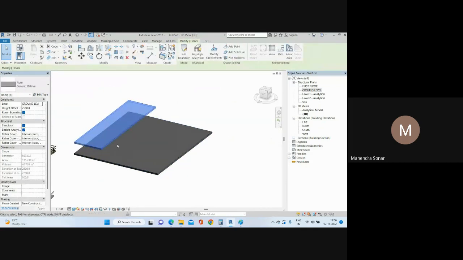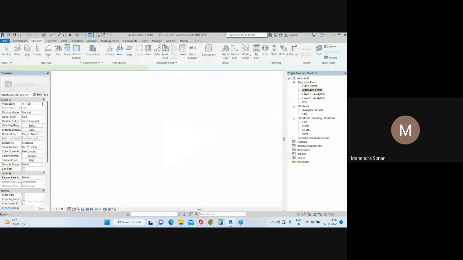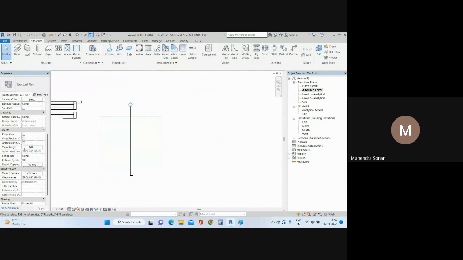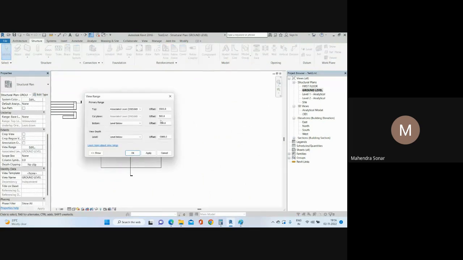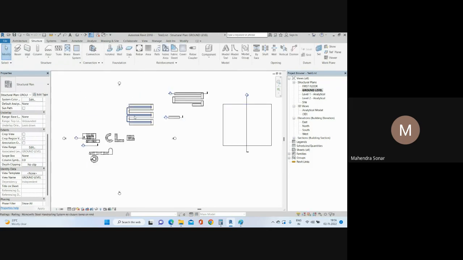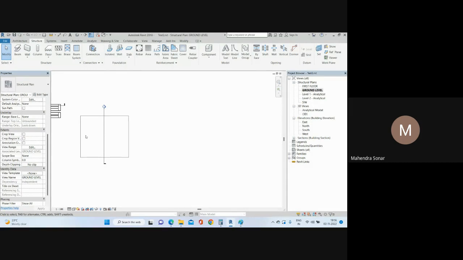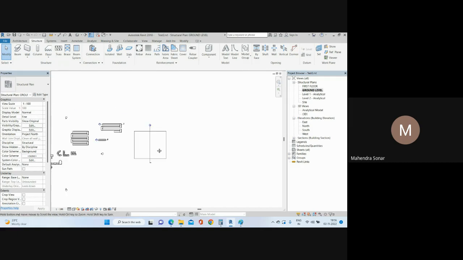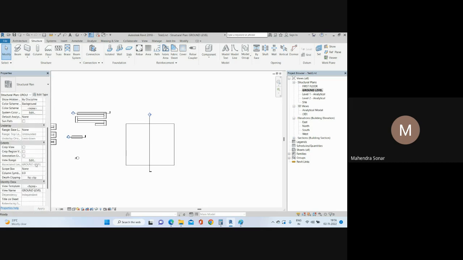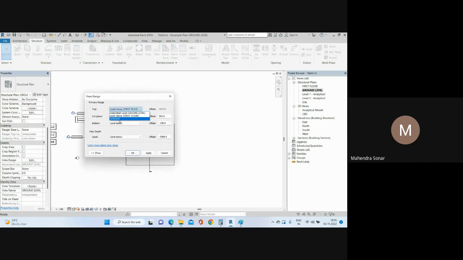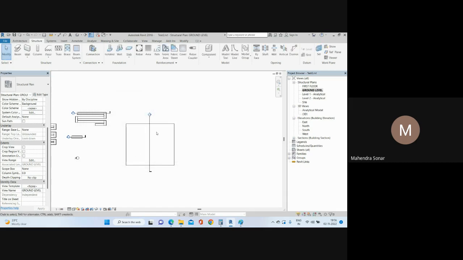Okay, so go again to the ground floor, go to edit view range. If I select unlimited, then apply and okay, it is not visible actually. I have set more than 2.5, so not able to see here. Okay, I will check again. If I select unlimited,